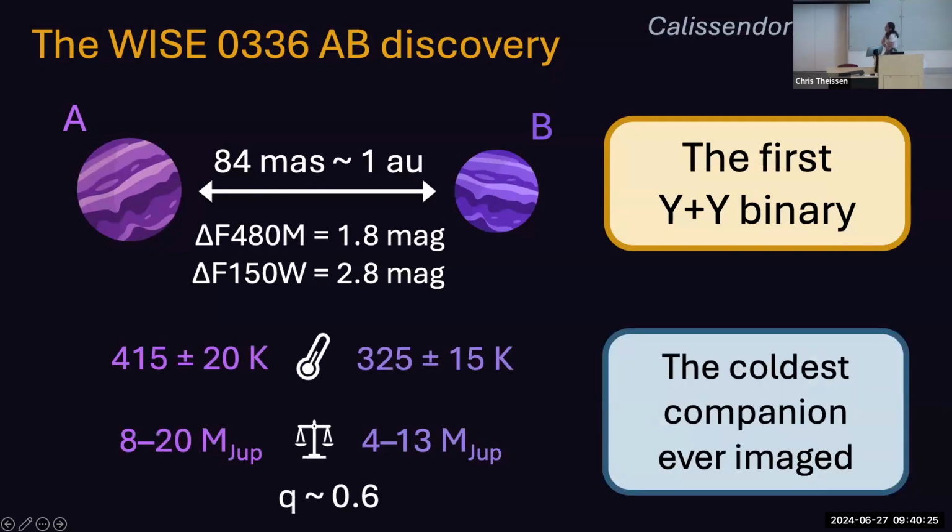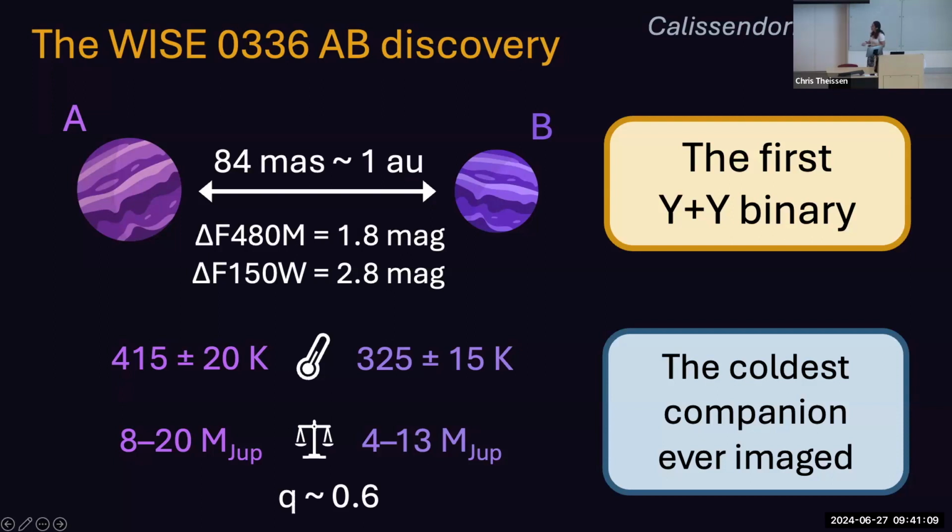So we estimate a temperature just over 400 Kelvin for the primary. Its mass could be anywhere between 8 and 20 Jupiter masses, depending on the age of the system, which we have no clue about. And then for the secondary, it's most likely planetary mass. It's most likely below 13 Jupiter masses. And we estimate a temperature just over 300 Kelvin. And that actually makes it the coldest companion that has ever been directly detected so far. And it's most likely the second or third coldest white dwarf in the currently known sample. So that makes it a really, really valuable new benchmark in our current sample of white dwarfs, and a very important system for us. And it was very exciting, but unfortunately, it was also the only detection that we made.